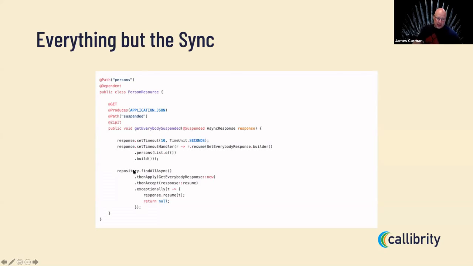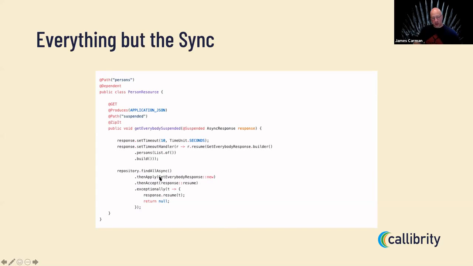And then the guts of it is this find all async is actually going to return like a future, right? So it's actually a completion stage, but it's a completable future object in the implementation. So it does find all asynchronously. So it's going off in another thread and doing this find all, and it's going to hand it back to us in a future. And once the future is fulfilled, then we apply a get everybody response